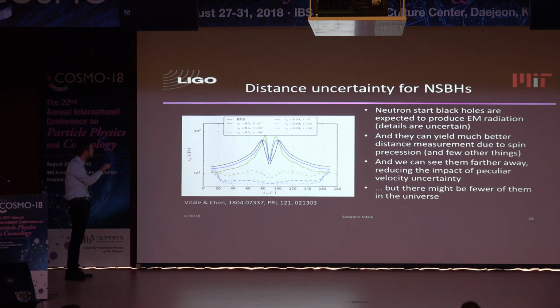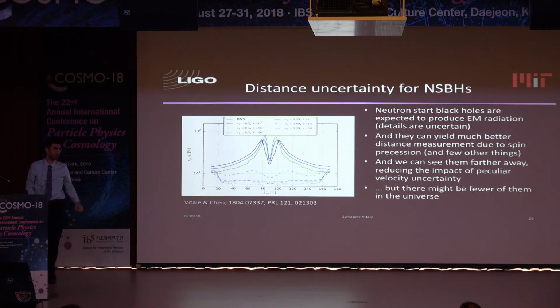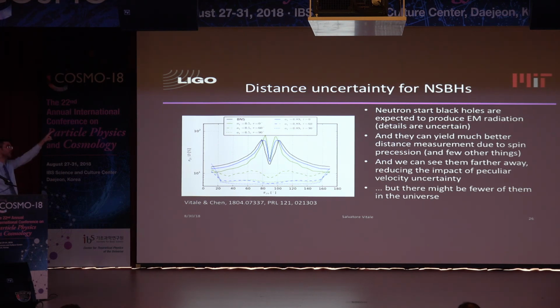And on the y-axis, you have the relative uncertainty on measuring the distance for that particular system. You have different curves. I won't go through all of them. What I want to focus on is only the black one, which is the uncertainty you will get for a neutron star binary. The reason why there is this structure is actually very interesting, but it takes 5 minutes to explain, so we can talk about it later if you want. And everything else is the uncertainty you would get for a neutron star black hole with different values of spin orientation and magnitude at the same sky position with the same signal-to-noise ratio. So it's really an apples-to-apples comparison.